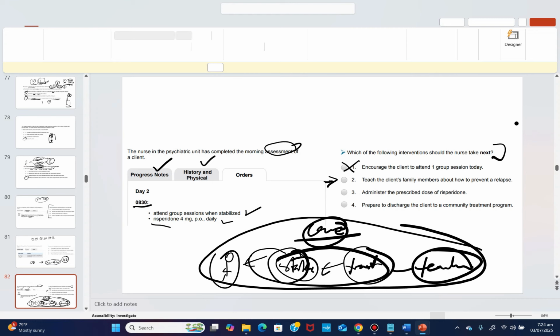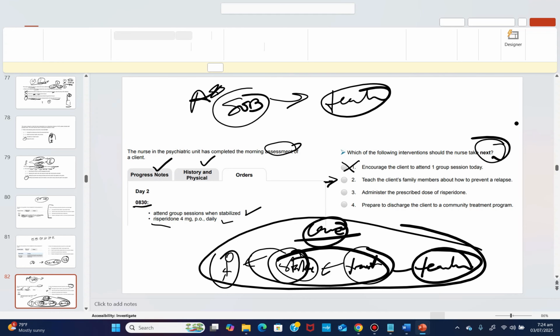It's just like now you have a patient that presents to the unit with shortness of breath. This is your assessment. You saw that the patient is having shortness of breath, and the NCLEX is asking you what is the next thing to do, and you are saying the next thing to do is to teach the family member how they can avoid shortness of breath. The patient is still having shortness of breath. You are teaching the family member how to avoid shortness of breath. Does that make any sense? No. Okay. Right. Thank me later.